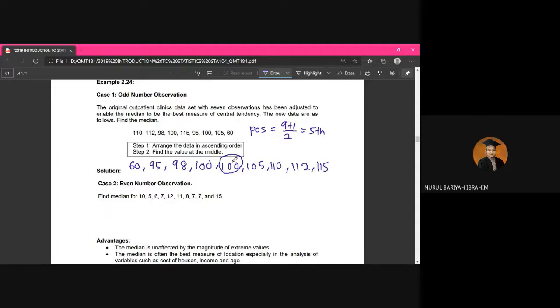Okay, yang kedua pula, contoh yang kedua adalah untuk even number. Even number observation ni maksudnya dia punya sample size ni even. Okay, yang tadi sample size-nya odd. Kat sini dia punya sample size 9, ada 9 kan, odd. Ini untuk even number macam mana pula. So first step sama, you need to arrange the data in ascending order first. So here we can arrange it as 5, 6, 7. We have 3, 7. Right? And 8,